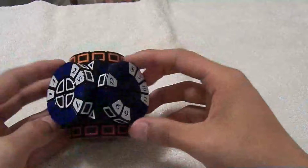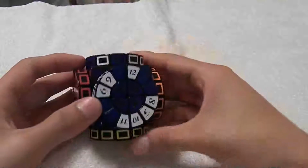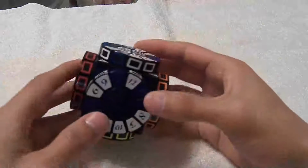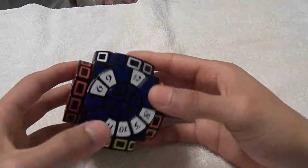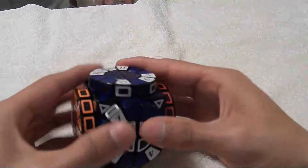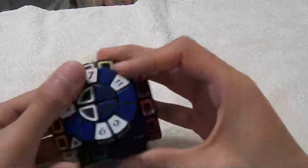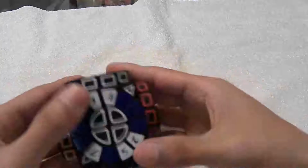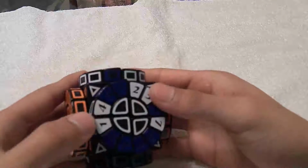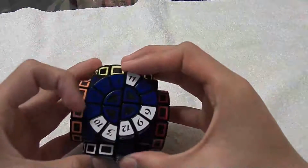Okay, so now we have 2 sides left, and let's see the white one for last, since the blue is harder to see. Okay, so let's basically do the same thing with the last 2 sides. Start with the 1, and 2, 3, 4. 1, 2, 3, 4,